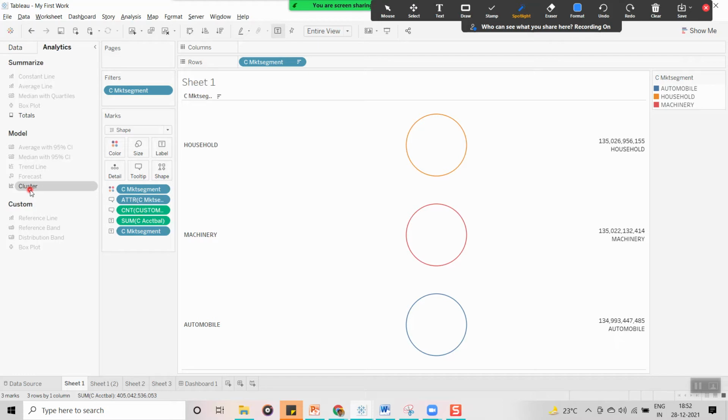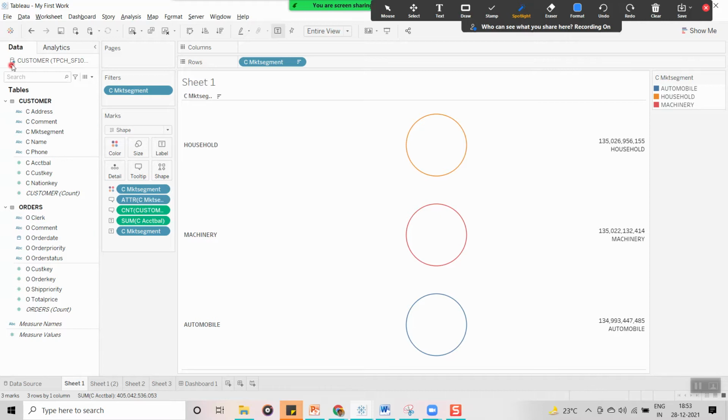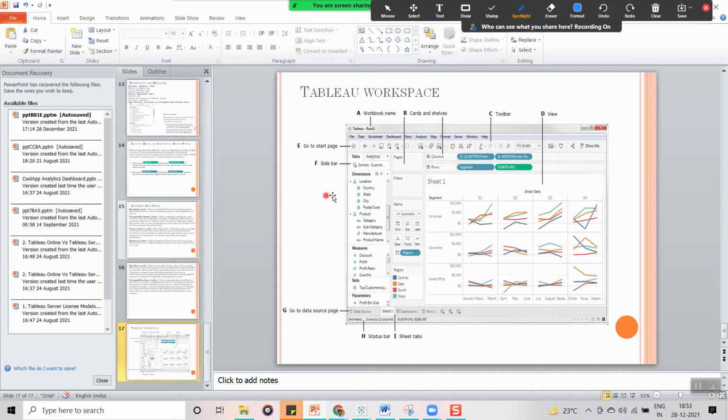So we can do a lot of things, advanced analysis, using this pane. In the sidebar we have data and analytics. In the data tab we have the data sources and the fields list, columns list, field values. And another option is go to data source page. Already we know this is the data source page.